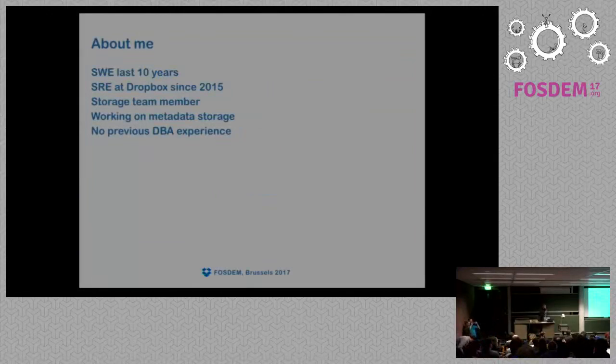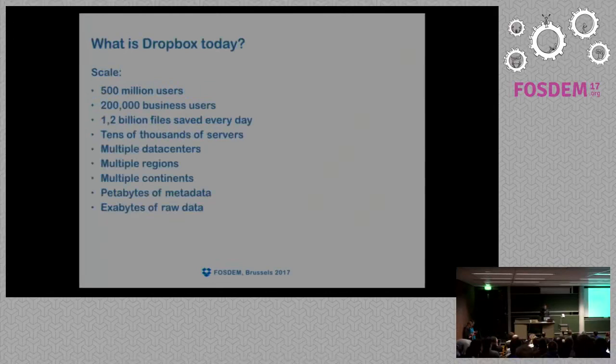I'm SWE for the last 10 years, and I joined Dropbox as SRE in 2015. But despite I'm working as a member of the storage team, working on metadata storage and touching MySQL a lot, I had no DBA experience previously. So I have no idea about how to optimize or speed up MySQL by modifying MySQL configuration. And